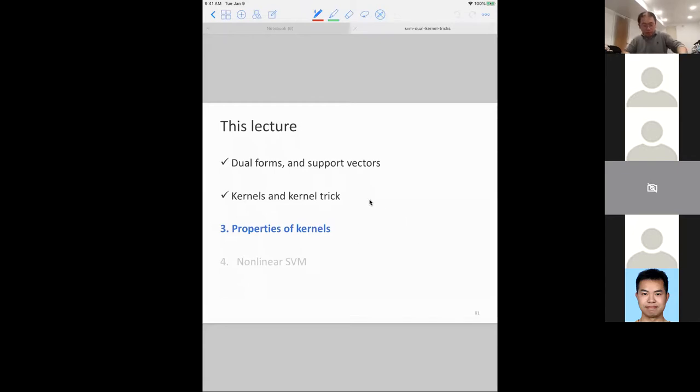Okay. So let's start. So we're going to continue with SVM. We're going to finish the remaining few steps regarding SVM. So in the last lecture, we introduced the definition of support vectors, right? From solving the dual form, and also we introduced the kernels. So what are the support vectors? From solving the dual